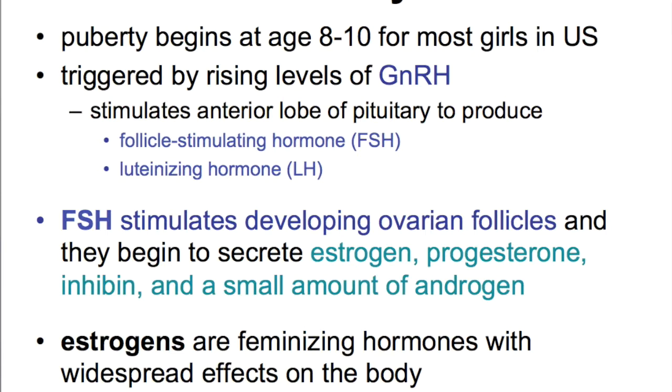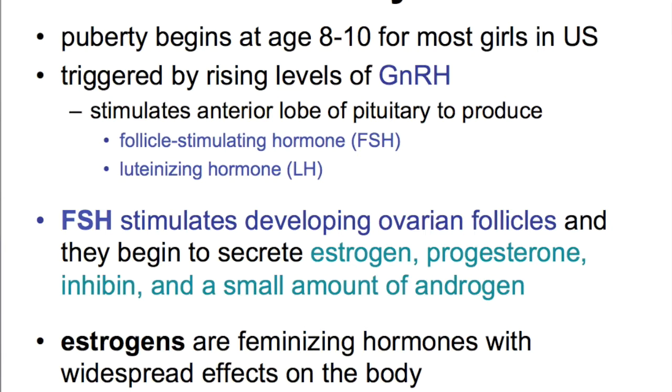Yeah, okay. So I know that you guys don't remember this because a lot of people forget this in AMP1 by the end of the semester, okay? GnRH is produced by the hypothalamus, which targets the anterior pituitary to produce FSH and LH, all right? FSH stands for follicle stimulating hormone. LH stands for luteinizing hormone. And these guys kind of work in concert together to lead to your menstrual cycle, your ovulation, as well as